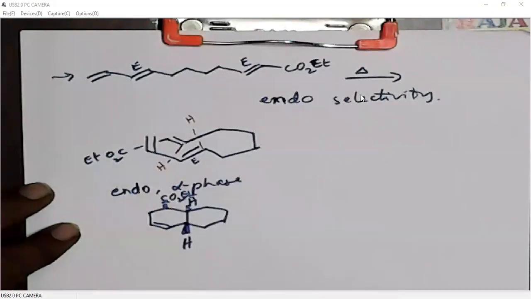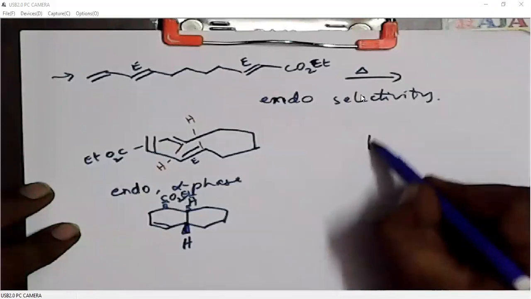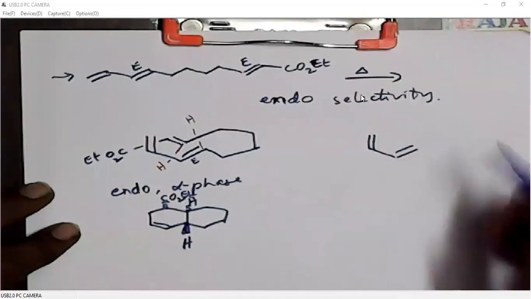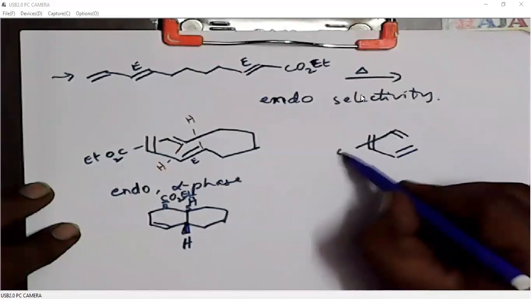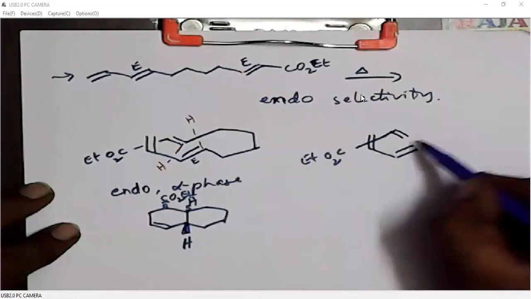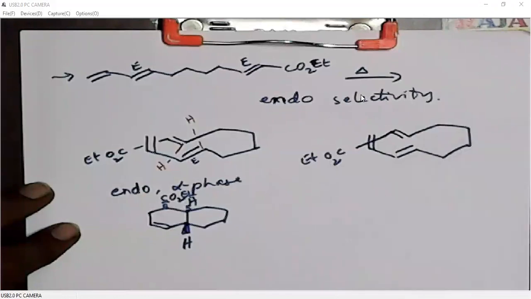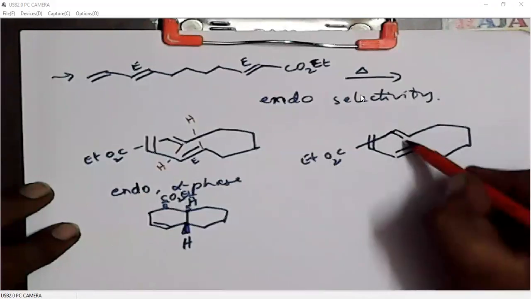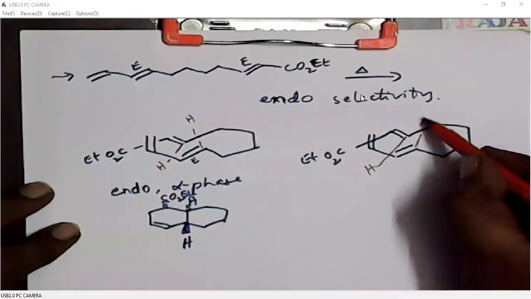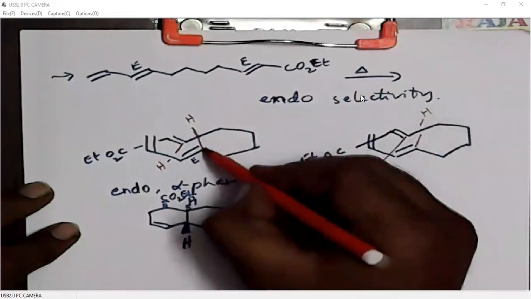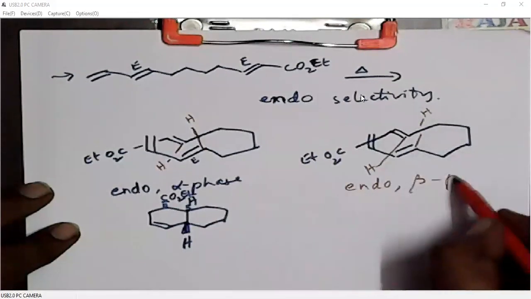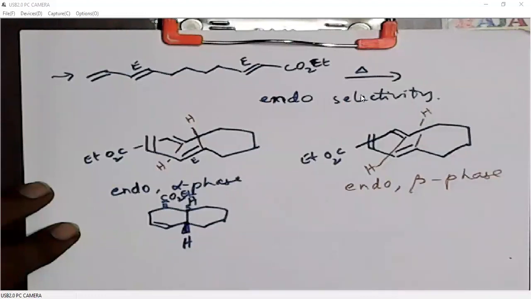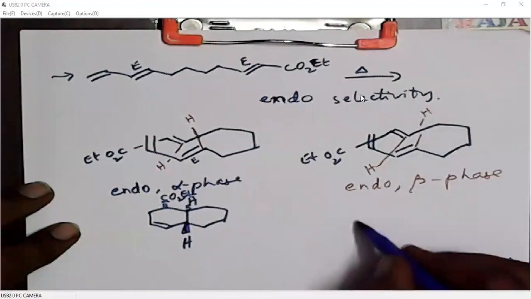This is one possibility. If we write the endo selectivity from beta phase, that means this will be above the plane. CO2Et will be above the plane. So this hydrogen is also above the plane. This hydrogen will be above the plane. Here it is above the plane. Here it is below the plane. So this is endo again, but from beta phase. So when we write the product here,